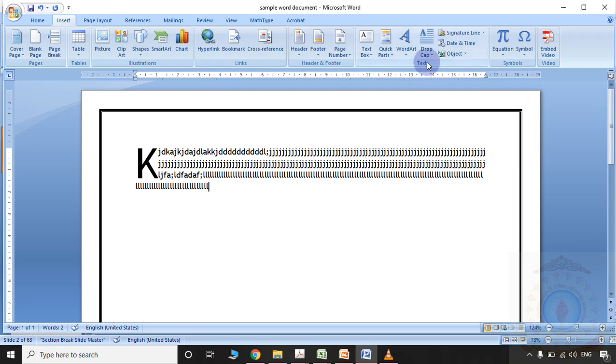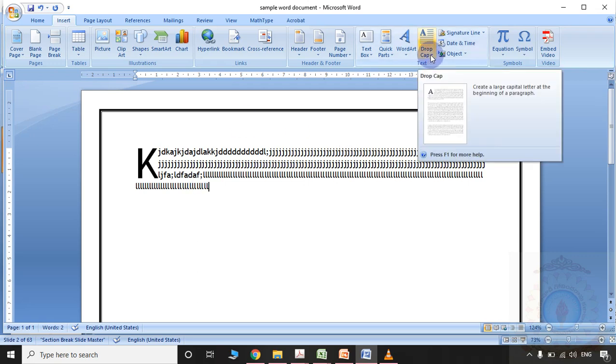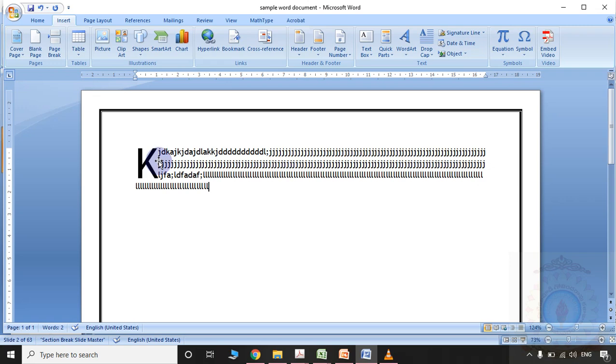Whenever you are using the Drop Cap option, similar to the textbook, you will change the font of the first letter in the paragraph only.